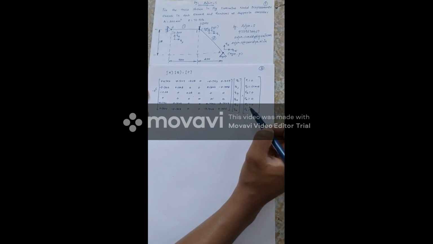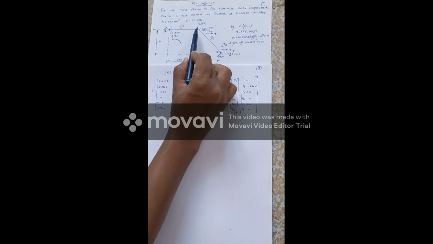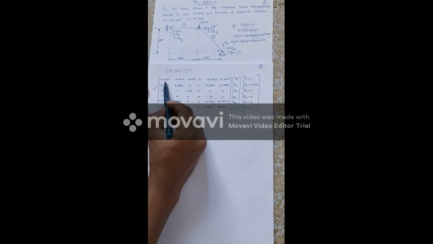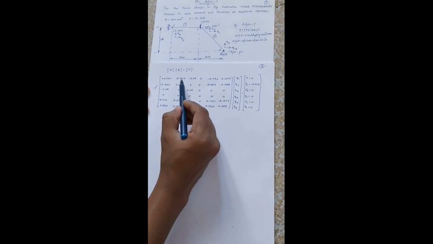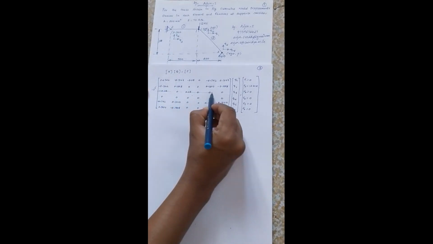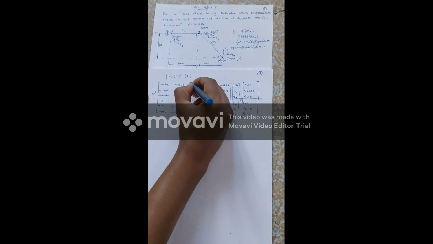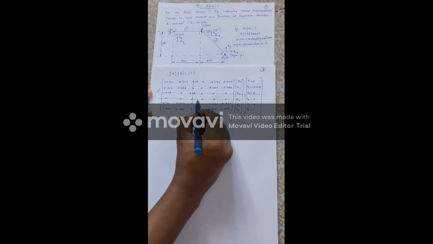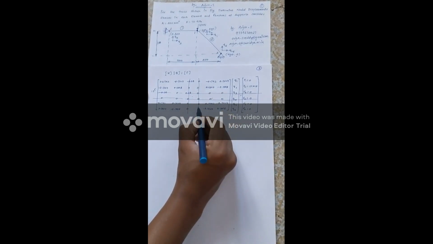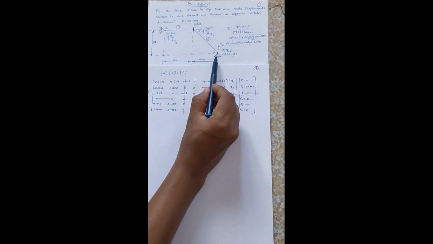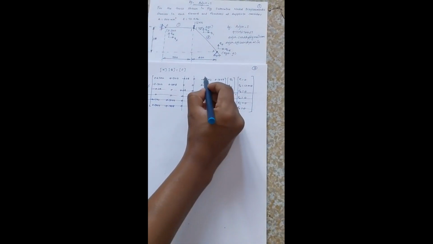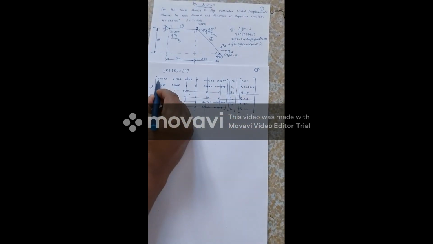Now I'll use the elimination method. Since node 1 is totally free and subjected to loadings, I'll leave the first row first column as it is, and the second row second column as it is. Since node 2 is totally fixed, I'll delete the third row and third column, fourth row, fourth column, because each node will have 2 degrees of freedom, and even node 3 is totally fixed. So I'll delete the fifth row, fifth column, and sixth row, sixth column. So we'll have only these 4 values,